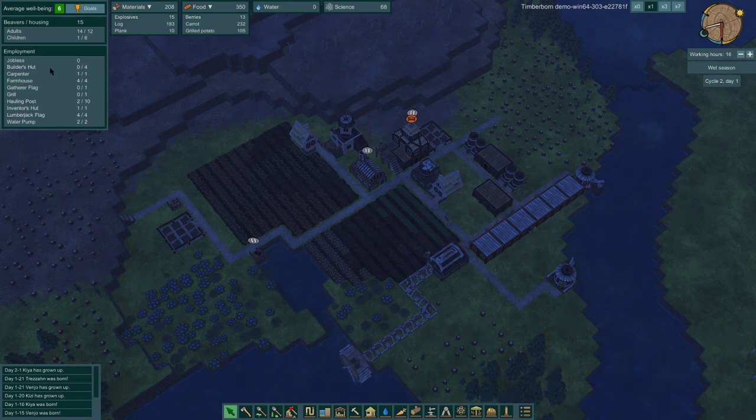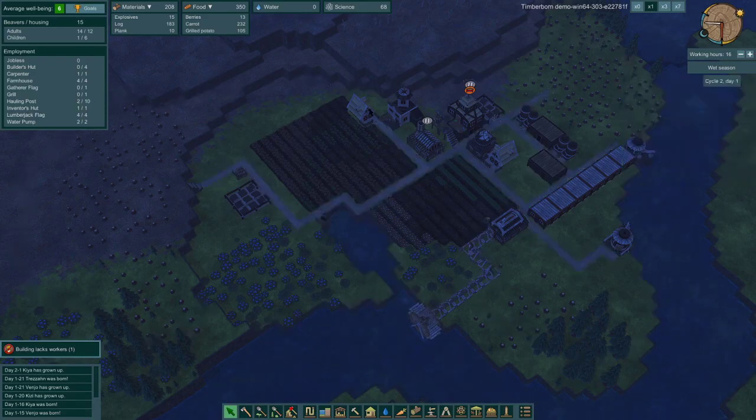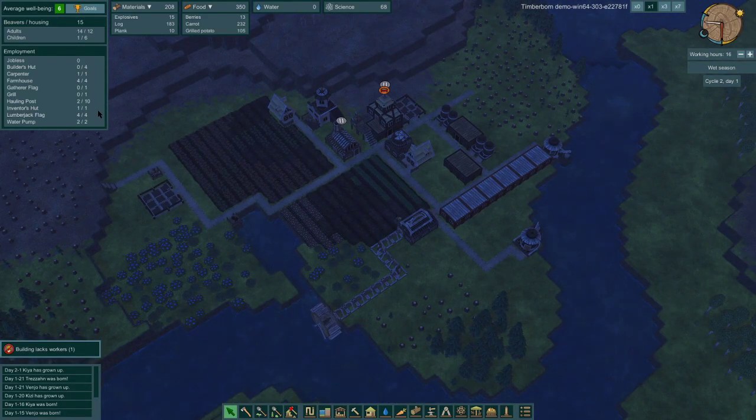If we have... builders are currently off. Carpenter is currently on doing his job. Farmhouse is currently on at max. Gatherer flag. Oh, you know what? We can turn that back on. The grill is currently off. The hauling post is kind of just holding on to the extra guys. Inventor's hut, we just need to keep that churning because there's so much stuff that we need to unlock. The lumberjack flag, maybe we can...